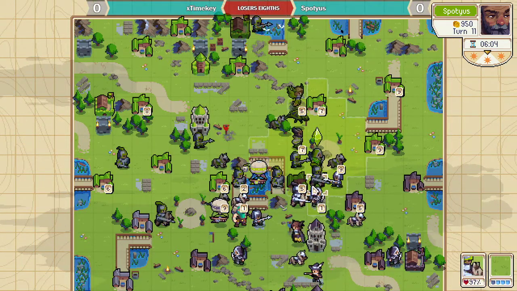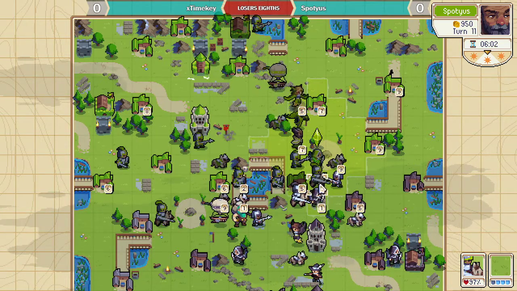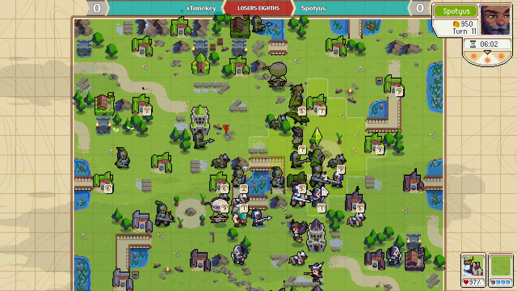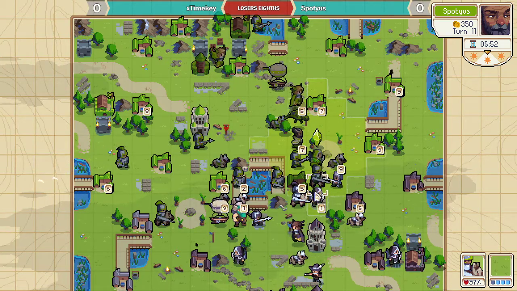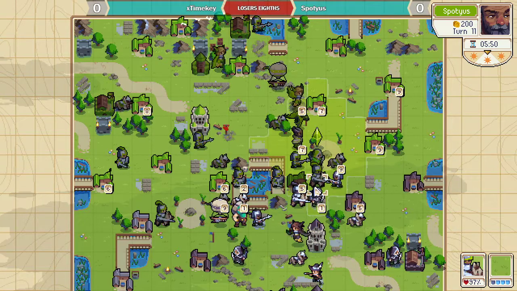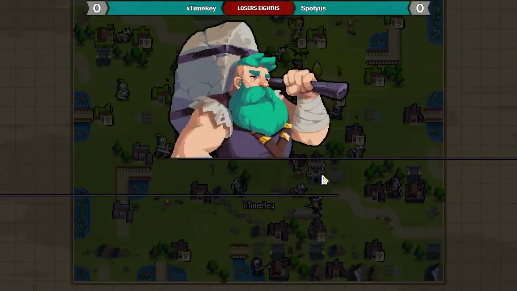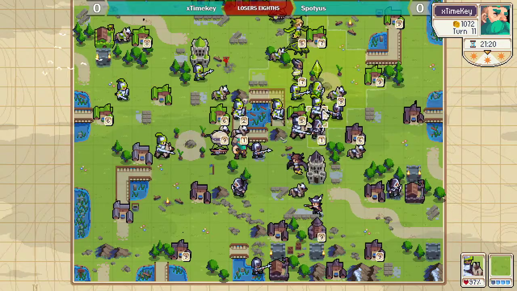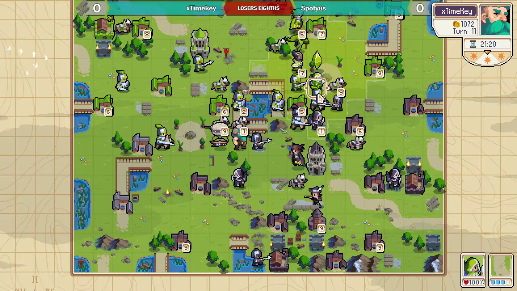I really think he should have killed that knight earlier, because this is such a good unit to have. Just in general. Yeah. Offense is really nice. Does a lot of damage. Less than 6 minutes left on the clock though, and TimeKey has all the time he needs. He's got 21 minutes. He's playing way ahead on time. He's also in a worse position, so...